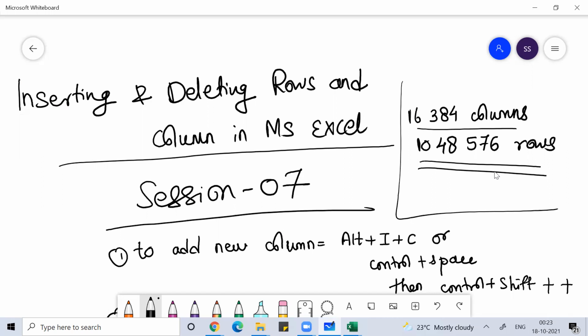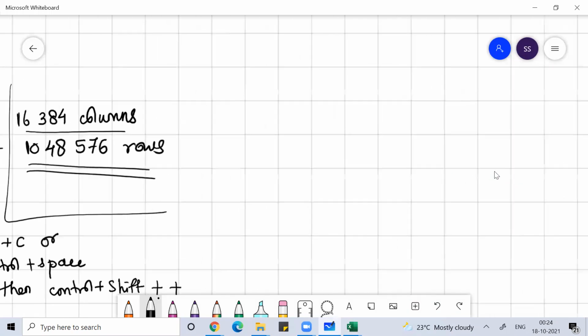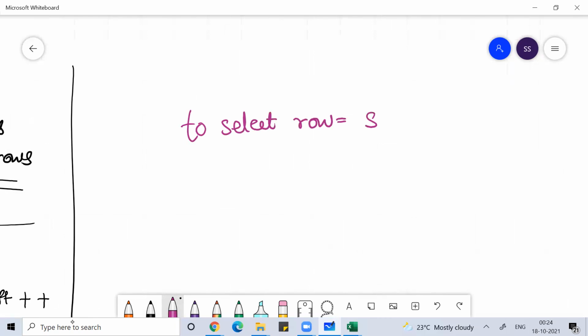If you want to add a column or a row, before that I want to talk about how you can select rows or columns. To select a row, the shortcut key you can use is Shift and then Space bar.